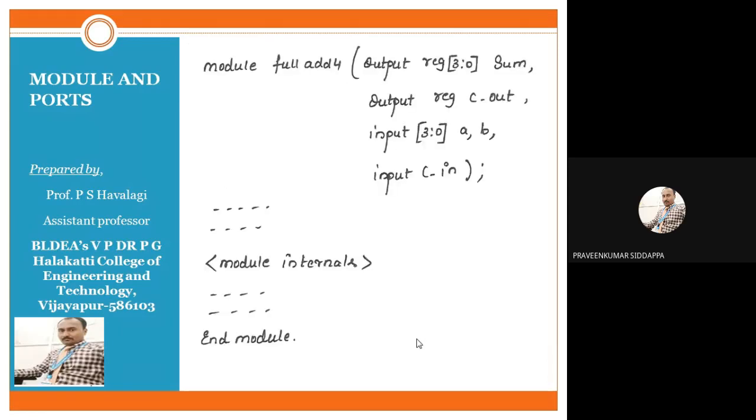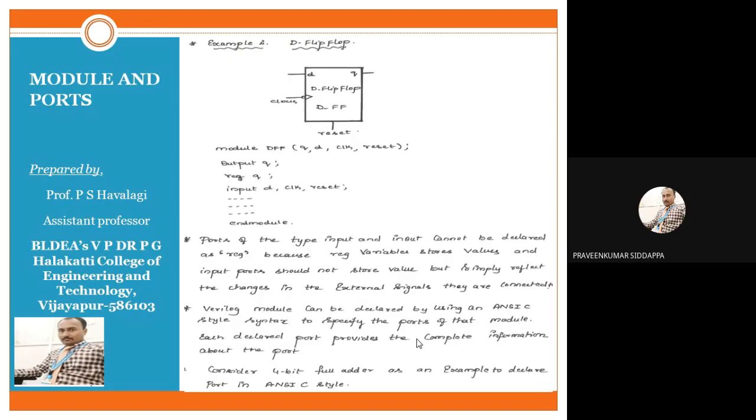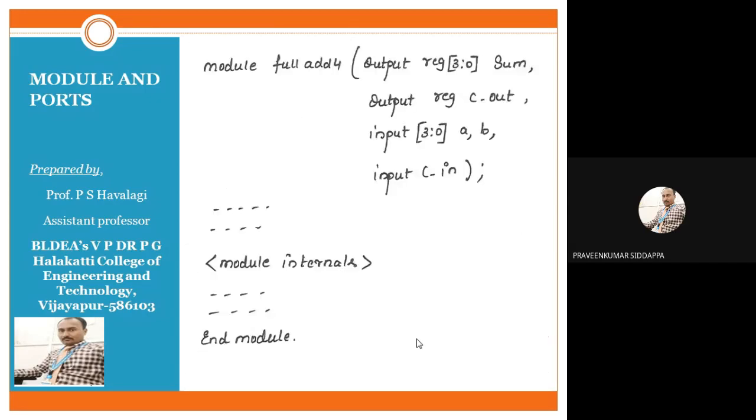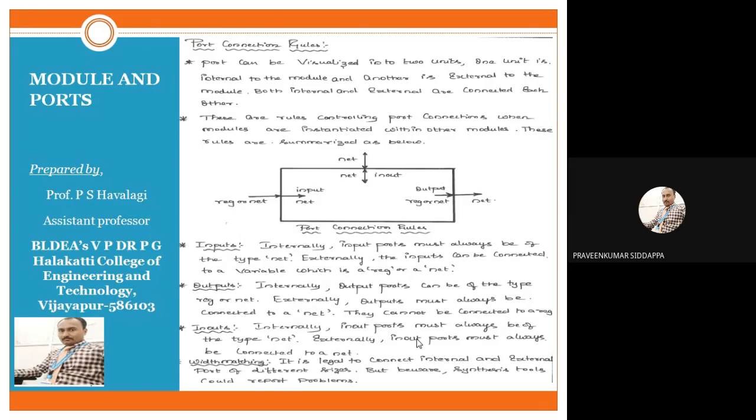Next we will go for the same. Whatever we have discussed here, we can write the same like this also. No problem. You can write it in this pattern also. Your code is executed. This is a second pattern for writing the Verilog code. Okay, so you can remember only one pattern, whatever we have used previously. Okay, next, these port connection rules we will explain in the next class.